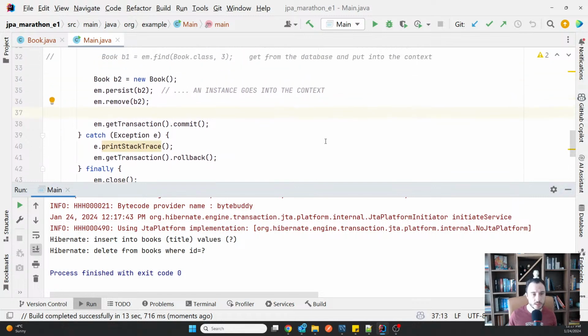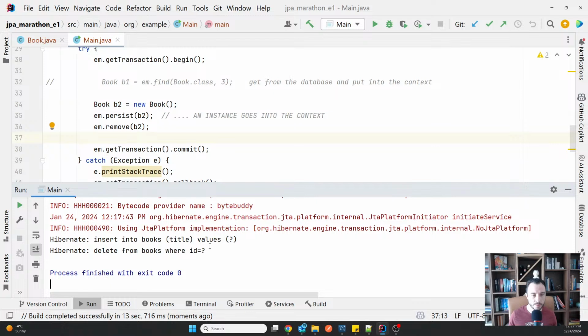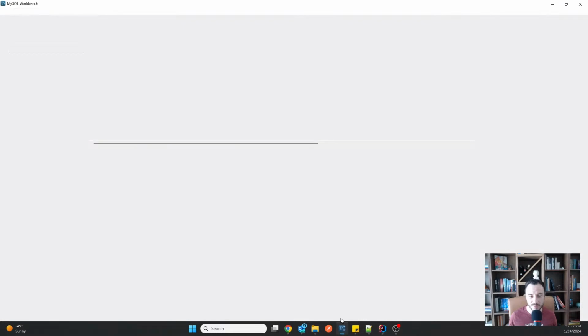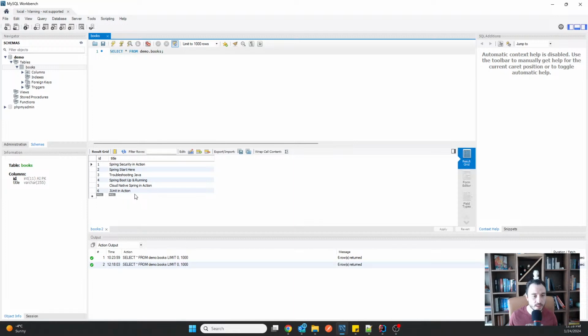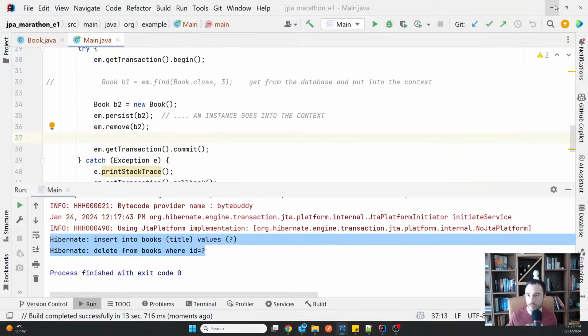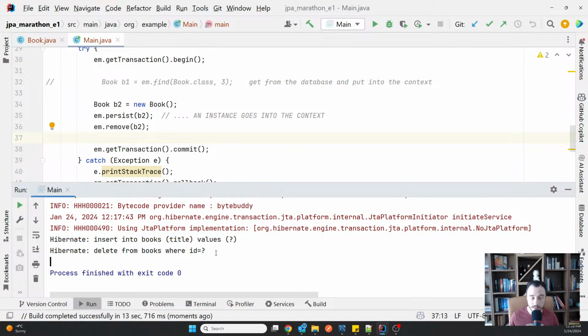Oh, this is actually strange, no? Because normally I would have expected to not see anything here, and I'm wondering how I do see it. Normally that's exactly one of the points. That's a very good point. Actually, I'm going to run it. Nothing normally happened here because we added and removed, but one of the things that you need to know about ORM frameworks is that even with a lot of experience, and I did start by saying this, you might not be sure that this will actually happen or not.